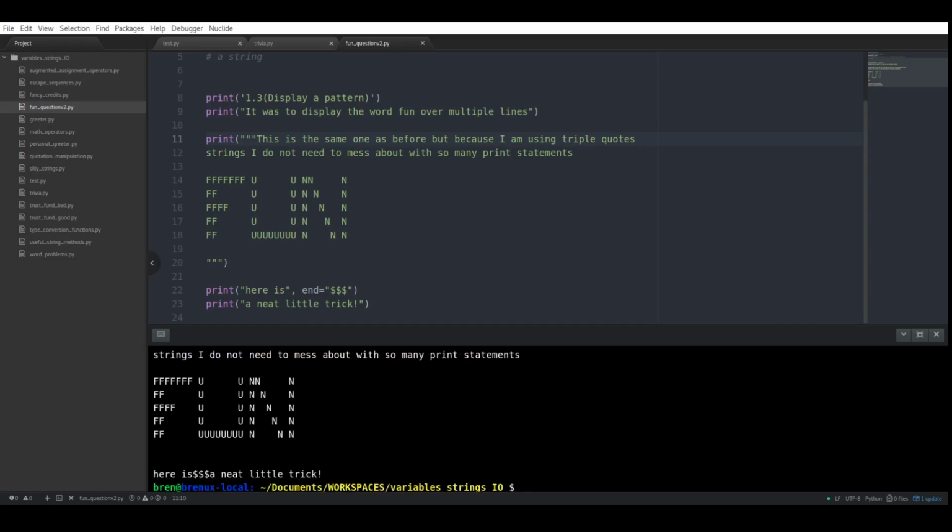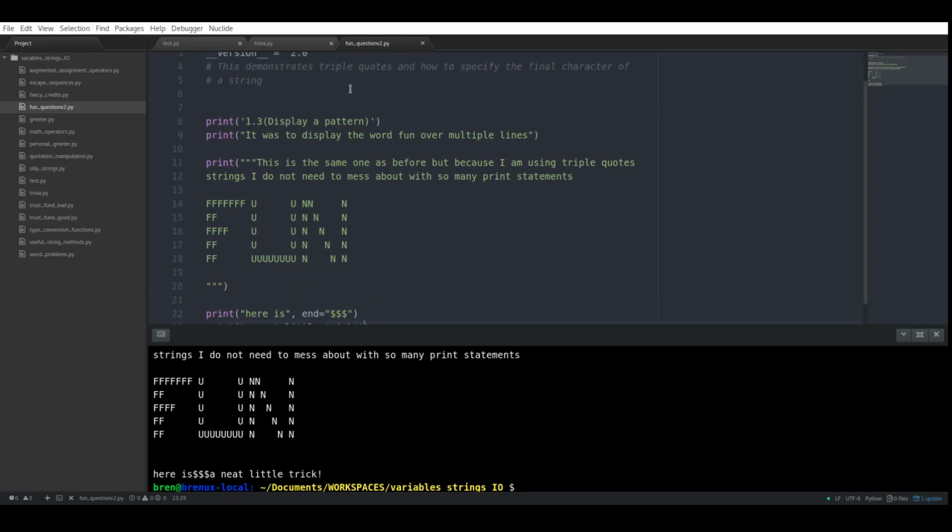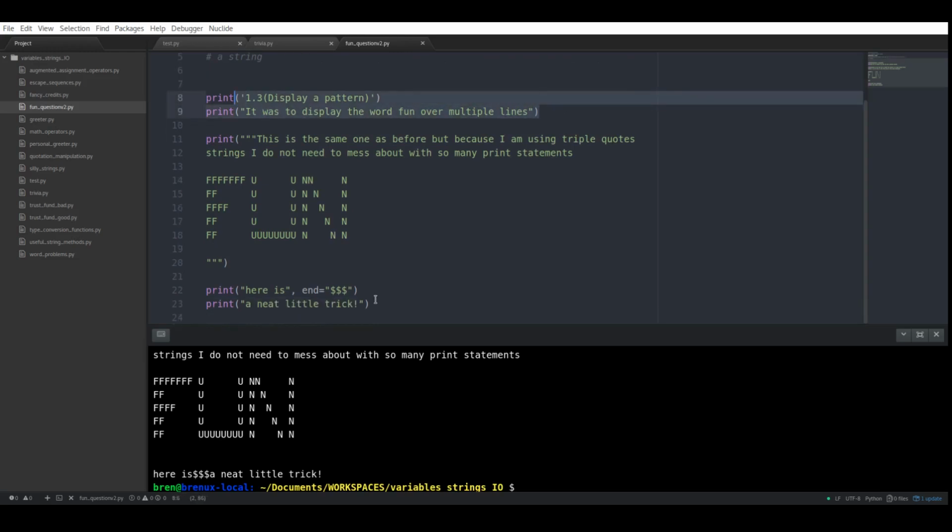Now, another thing that you might have noticed here is this line at the bottom. Now, as I've said before, under normal circumstances, the print function by default adds a new line character at the end. So this means that any subsequent calls to print would display on the following line, as we've seen up there. Now, under normal circumstances, this is what we want to do, but if we wanted to add our own